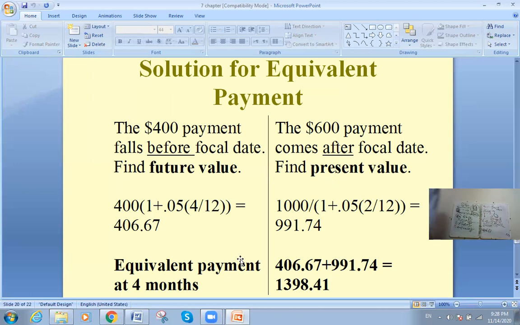Now, all I'm going to do here is calculate the present value of the $1,000 for 2 months, to see how much it is on the focal date, with the same interest rate. So the present value equals the future value divided by 1 plus R, the rate, multiplied by the time. So this will equal,